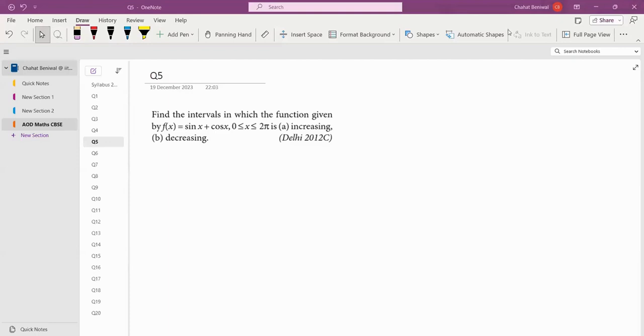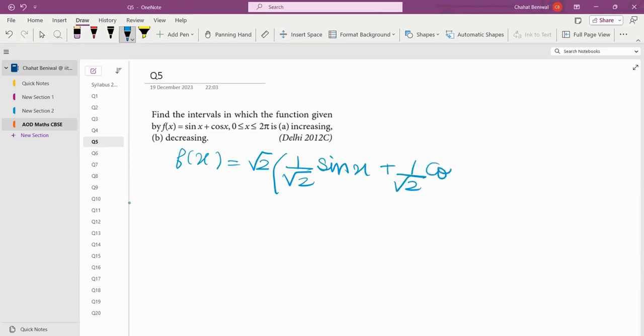So the next question is find the intervals in which the function is increasing and decreasing. So sin x plus cos x is kind of CBSE's favorite. They can change the interval, but this expression is certainly their favorite. I would not like to play with both sin x and cos x, so I will reduce the function. I will multiply and divide by root 2, and why I did this, you will get. So 1 by root 2 is